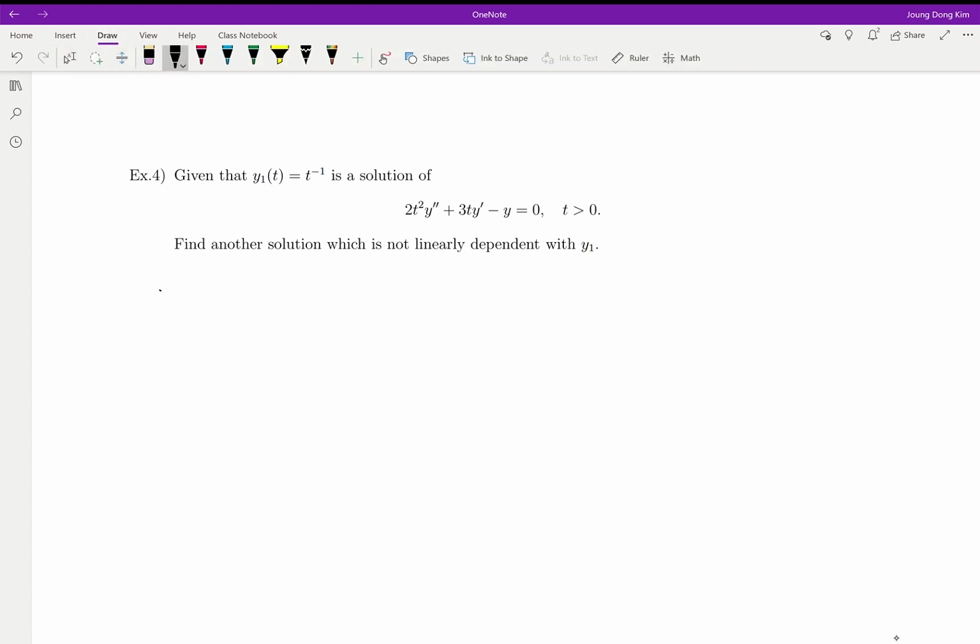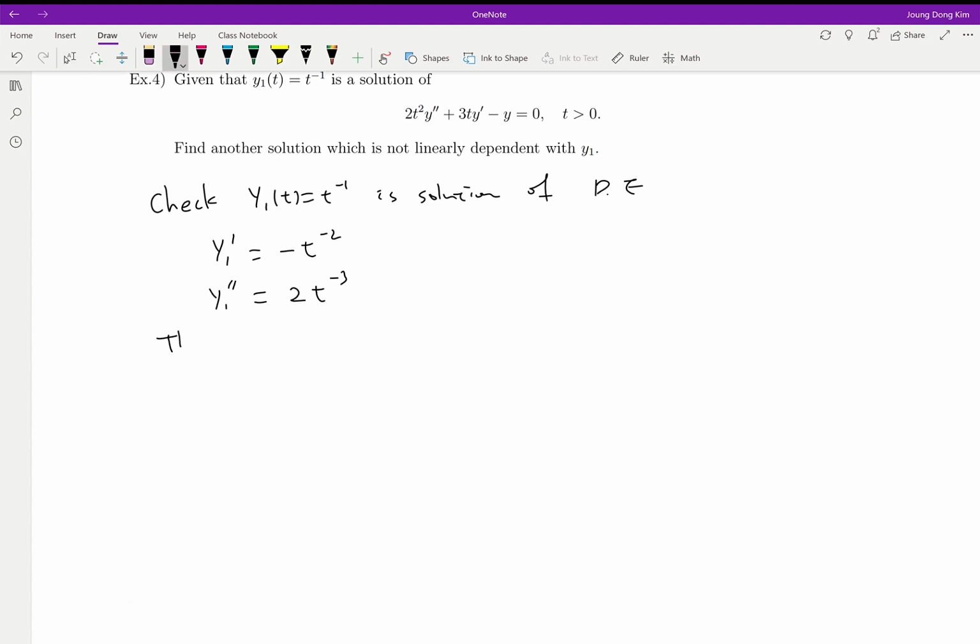Okay, here we go. To check it in the differential equation, we need y1 prime, which is minus t to the minus 2, and also y1 double prime, which is plus 2t to the minus 3. Then we're going to plug everything into the given differential equation, which is 2t squared times 2t to the negative 3 plus 3t